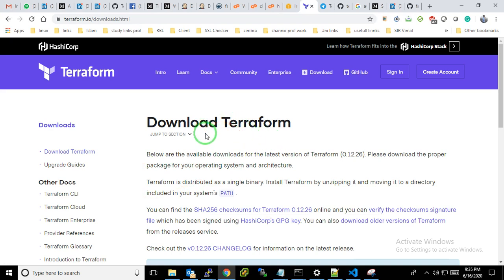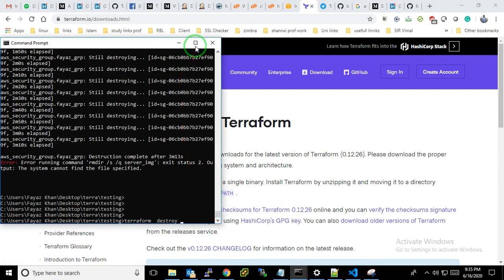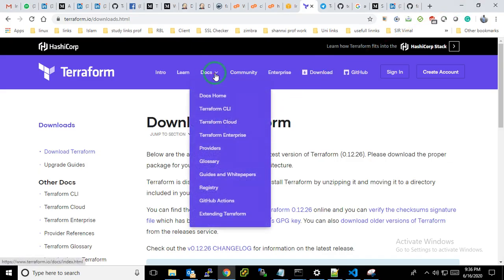Once you install it, you have to set the path for the Terraform command, so that the command will run everywhere. That's the reason I have to set the path.